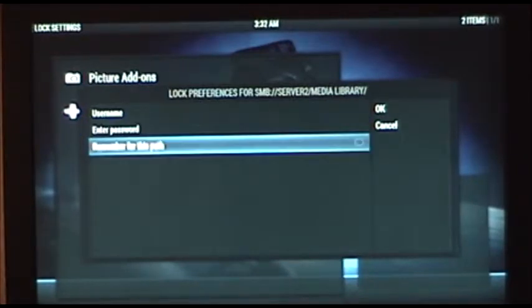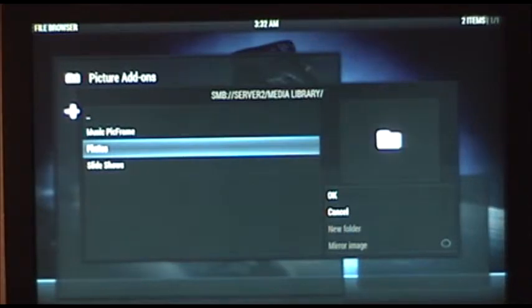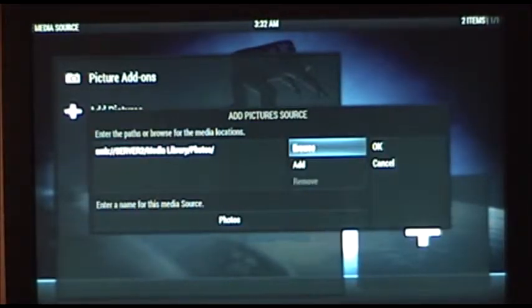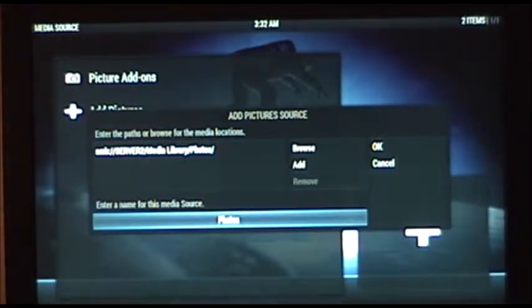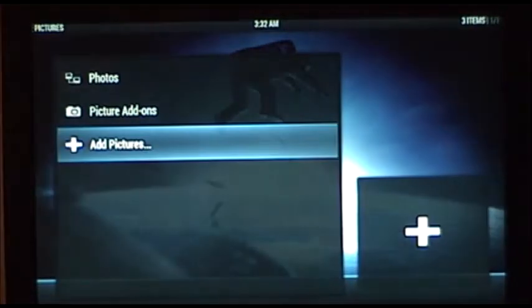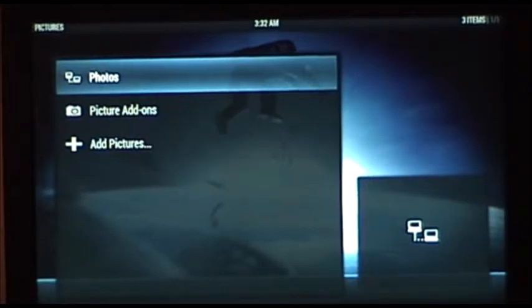Alrighty, and we want it to remember it. We'll click OK, and that's the folder. Click OK, and looks like down at the bottom here we can go ahead and rename that if we want. I'm just going to leave it. So we'll just click OK, and there it is. So let's back out of this,